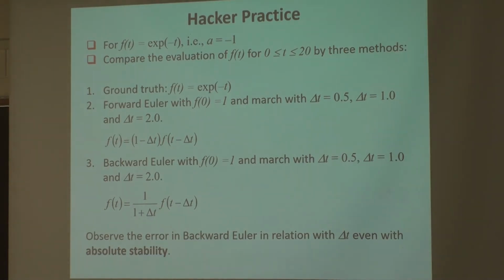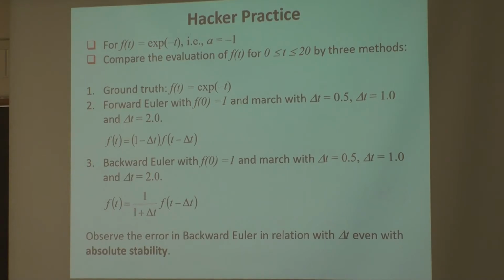So when delta t is 1, she gets 0. Yes, 4, for sure. But backward Euler is not 0. No, it's actually still exponential decay, right? It's just decaying at a different rate. Okay, there's an error, although it's stable. Larger error, right? When you choose smaller delta t, it's closer to the true solution. Yes. Okay, that's the thing I want to tell you.